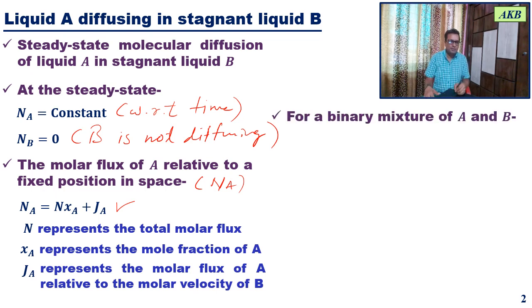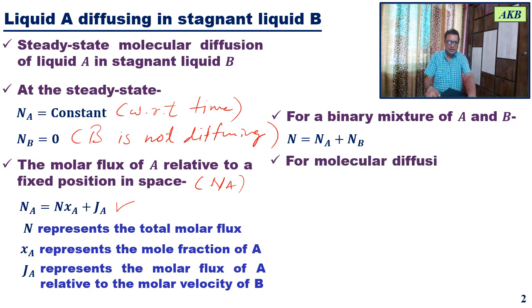For a binary mixture, since we have considered a binary mixture of A and B, the total molar flux is given as N is equal to Na plus Nb. Total molar flux is the addition of the molar fluxes of A and B. Okay. For molecular diffusion of liquid A in liquid B,